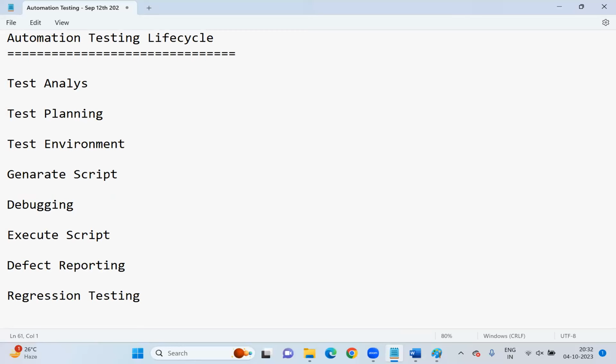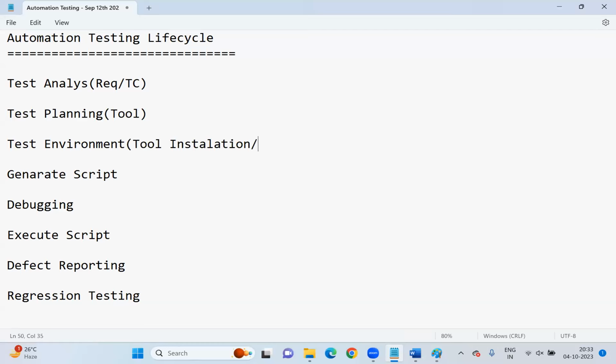Not only the Selenium tool, guys. In your career, if you use any automation tool, we have to follow the same life cycle. Here, understanding requirements as well as test cases. Who already prepared the test cases? The manual testing engineer prepared the test cases. Understanding requirements and test cases, then test planning. Here we confirm the automation tool, and plan how many cases we have to convert into script format. Next, test environment, nothing but tool installation